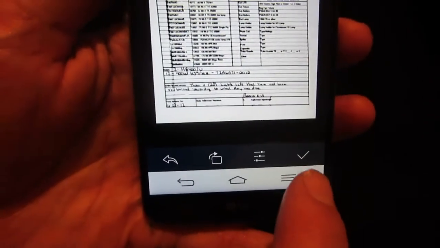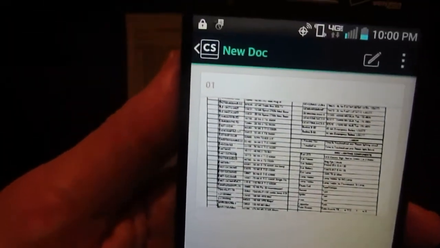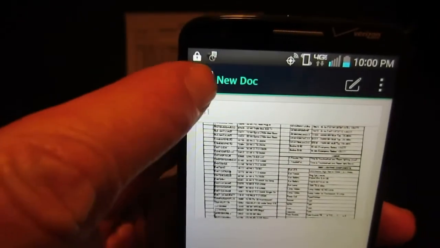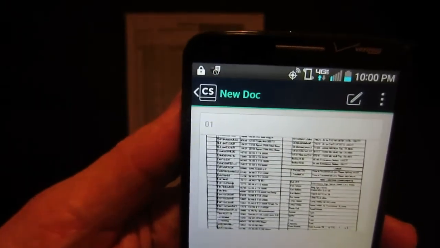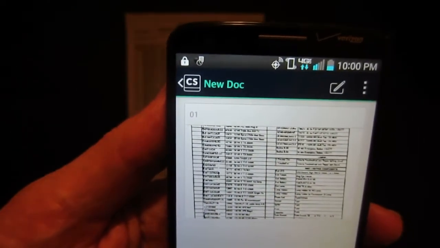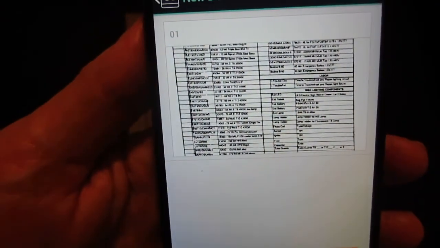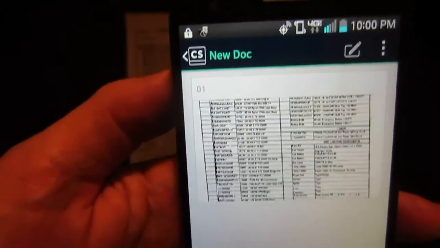Now we're going to save it by clicking this check mark. Notice it says saving. That's it. The document is now saved. The problem, though, is that it's called New Doc. We want to change the name of this to the control number, to your 9-digit or 10-digit control number, so that when you send it into Work Tickets, we always have it listed just as those 9 digits are shown